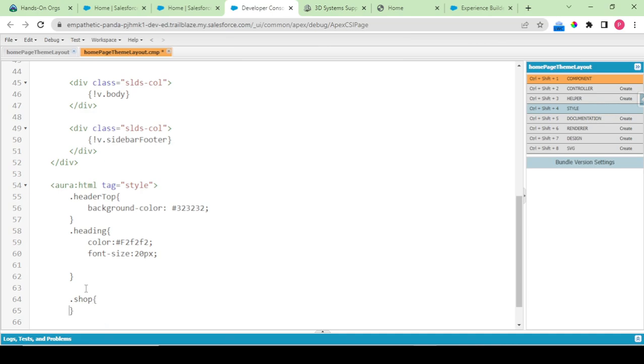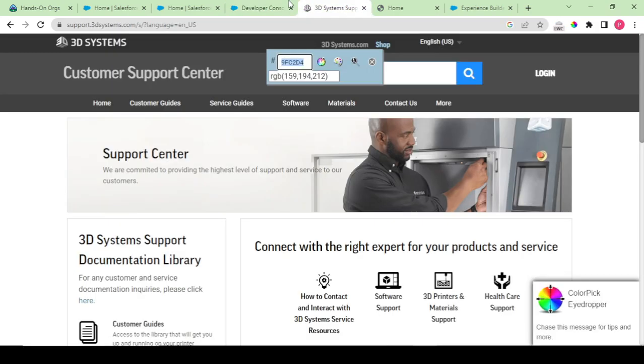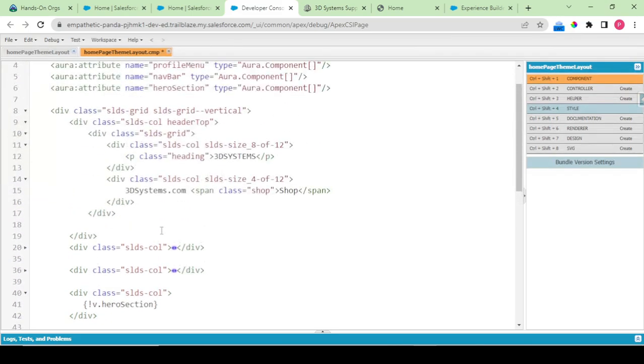So this is in here, and the color is this one, and the font size I'm setting to 1 rem, that is 16 pixels, and for the 3D systems subheading, a span, class is subhead, and in my subhead